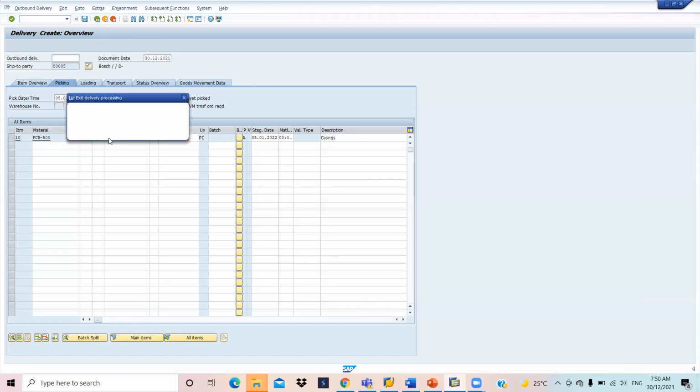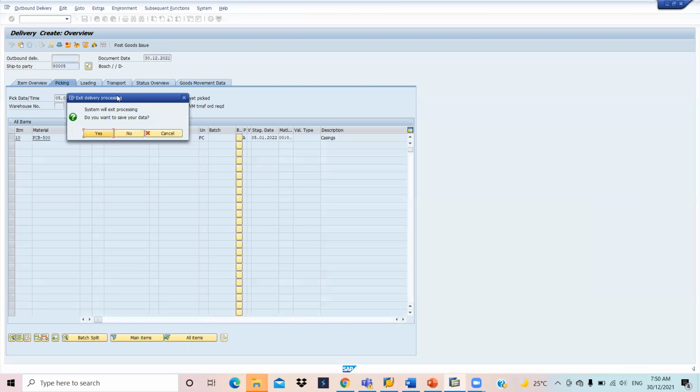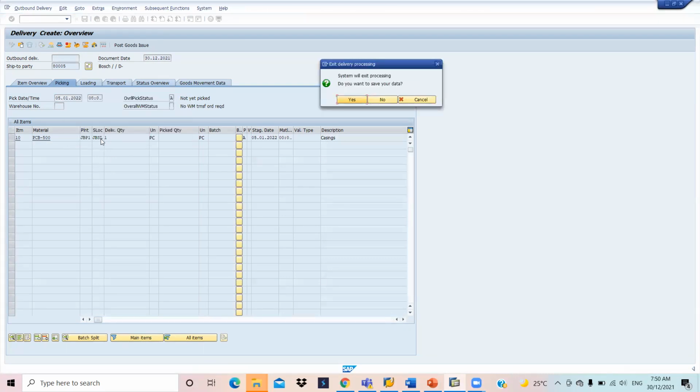So I'm not saving it. Anyway, the storage location is determined successfully. JBSL is our storage location. So I just cancel it.